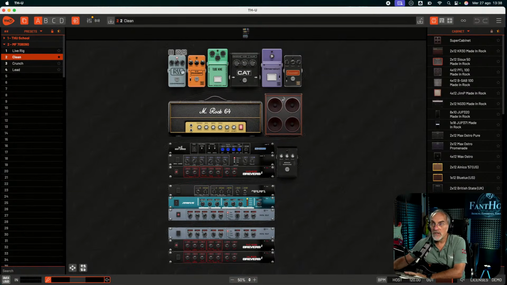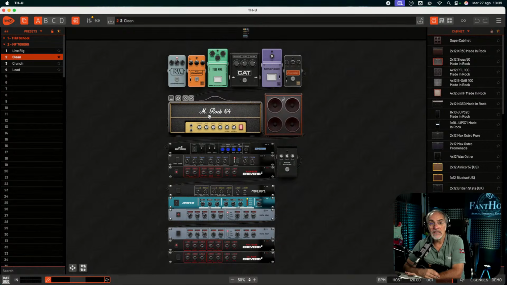There is the first part. The first part, there are some stomp pedals and the amp and the cabinet. I like to divide the structure of my preset in two parts. The first one, the upper part, is the tone shaping to create the sound. So here you can find the compressor, the phaser, the Tube Screamer, also the Cat. It is the emulation of the famous Rat, and there are some other chords. Then there is an